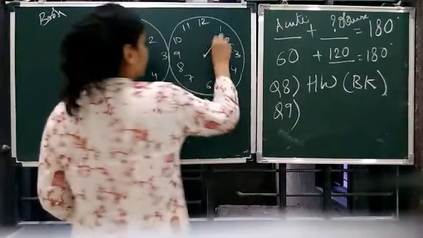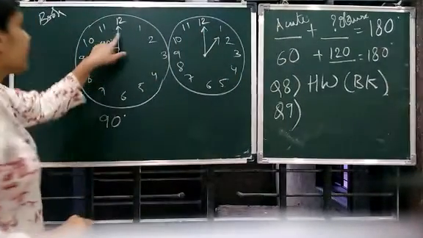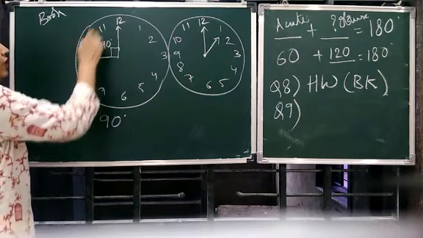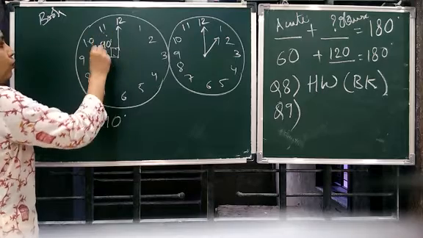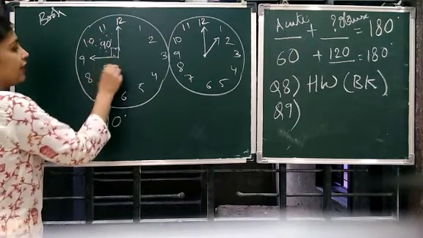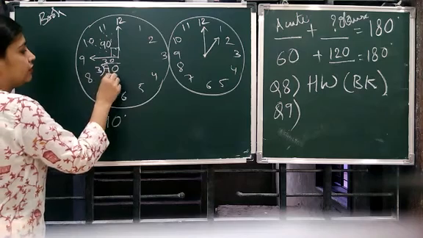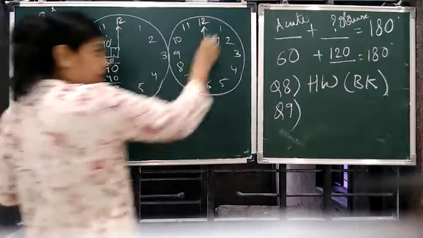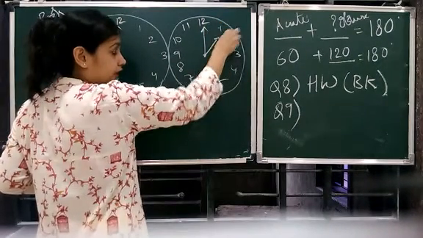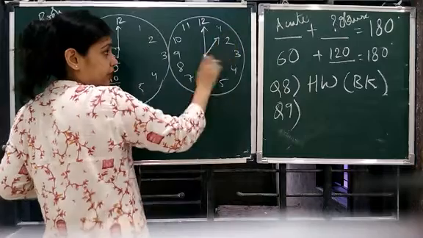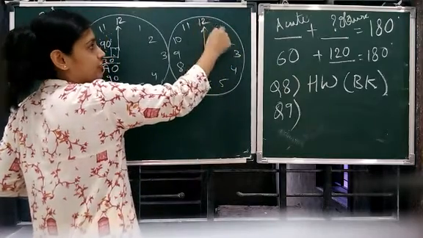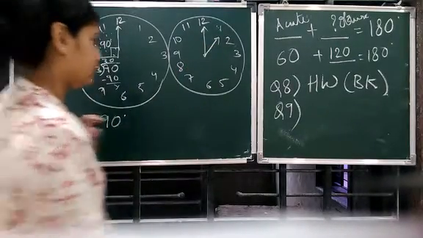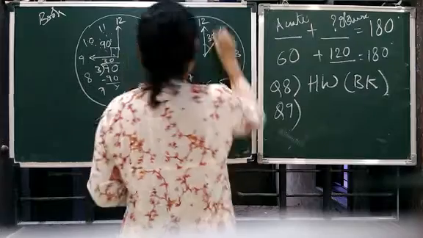This is 1 o'clock. Now see, children. This is 90. Yes. And you can say how many partitions are there? 1, 2, 3. So 90 divided by 3. Yes. 3 30s will give you 90. Right? That means this one will be 30, this second one will be 30, this third one will be 30. 30 plus 30 plus 30 will give you 90. That is the right angle. That means the difference between the first two numbers, 5 minutes, will be what? That is 30 degrees. Okay. So easy. We found it out from here.